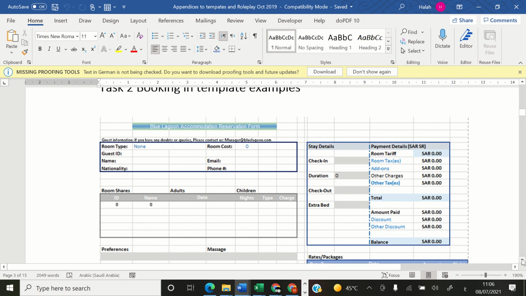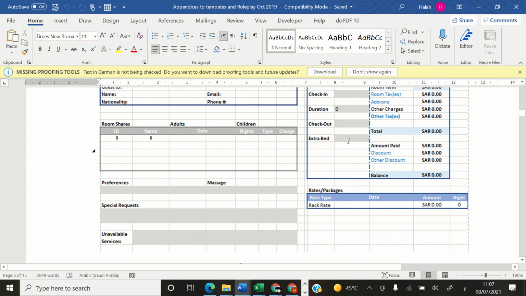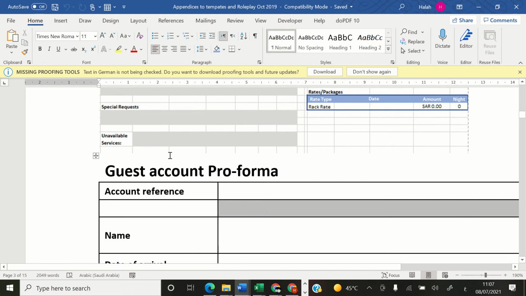This is the appendixes for the project, and it has the same information as we already explained. So you have to include here the room type, the name of the guest and nationality and email, and also the check-in date, the number of nights, the checkout, and extra bed. What could be an advantage if you created the Excel sheet for making reservation? It will become easier for you to calculate the total payments by the guest, and also the total duration of the days, as it's requested from you. So you can put the same information here and the special request, unavailable service. So this is what was required from us in